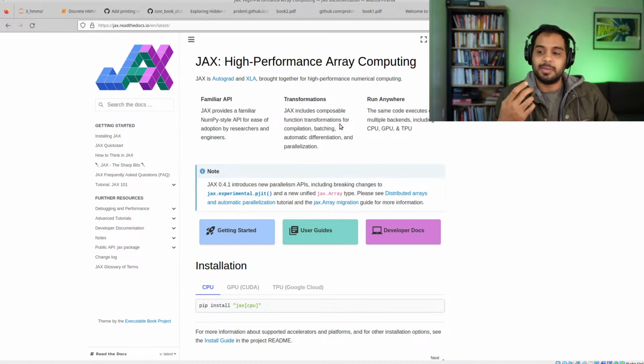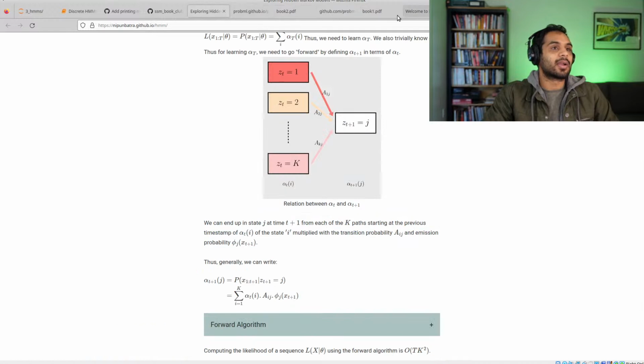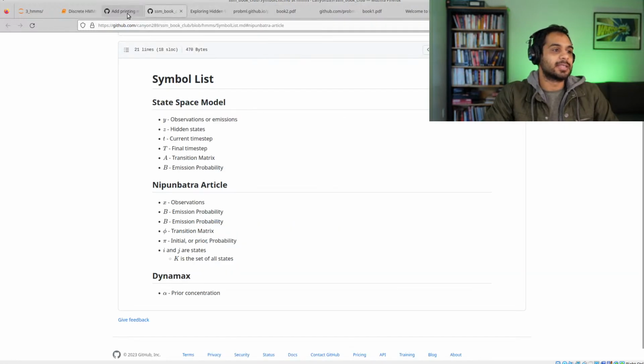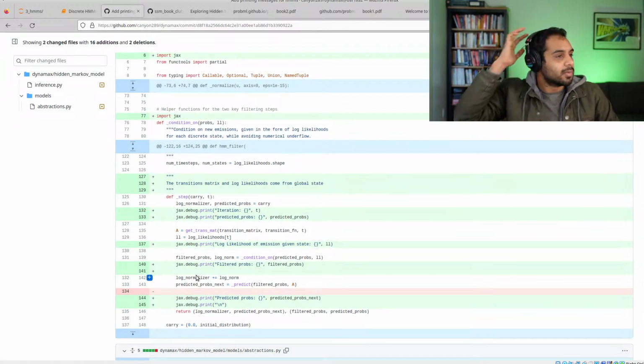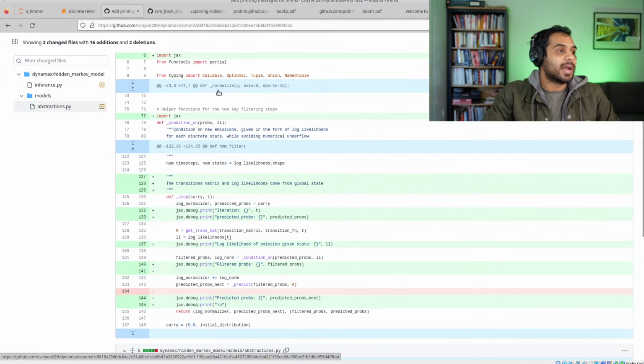And so when you try and debug, you can't actually see the values. There's sort of these just-in-time compiled things, and when you look at the arrays, you just get this thing called Jax array. So what you need to do, or a functionality that Jax provides, is to print the values. You have to call Jax debug.print, and then it'll print out what's going on. What I did is I